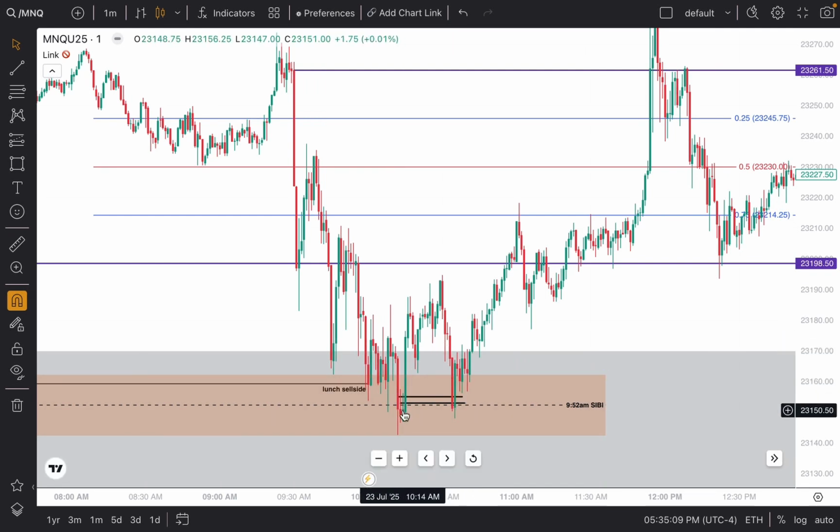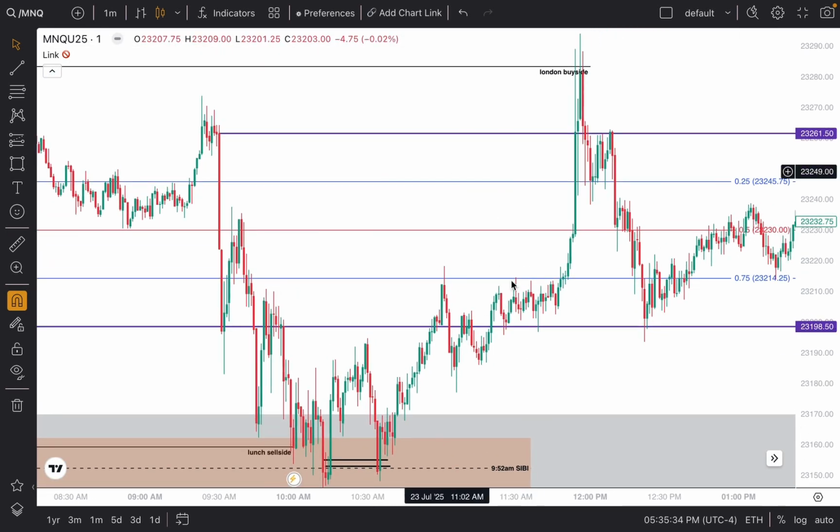I bought at 10:13, I believe, on a 15-second inefficiency, which is these two black lines here. I didn't wait, so if you want the best feel, you can just buy that first 15-second inefficiency when you're expecting price to do what it's supposed to do, at the time that it's supposed to do it. So buying here,